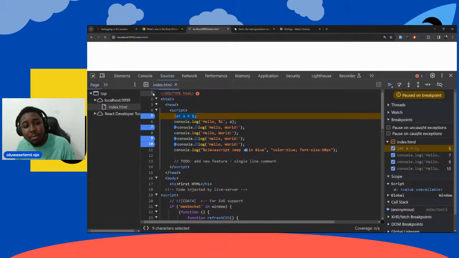Running the code line by line will help you debug the code in a way. So let's say I declare this A variable, and the A is not doing something that I want it to do. If you debug here and you break it here,